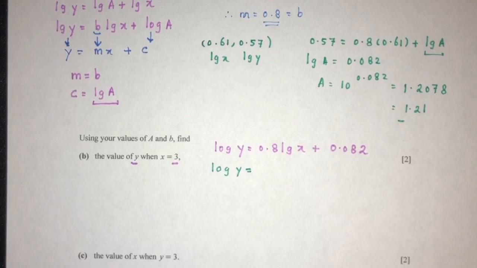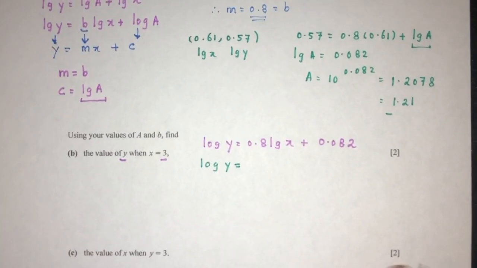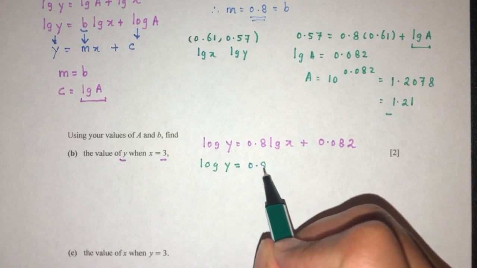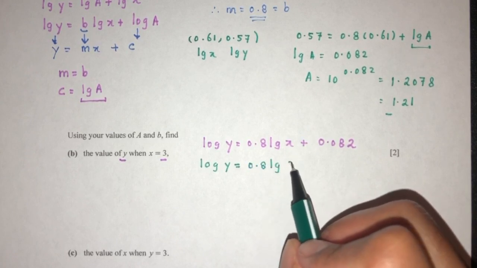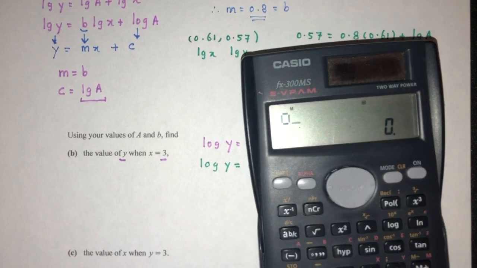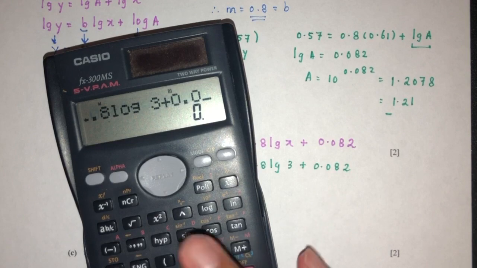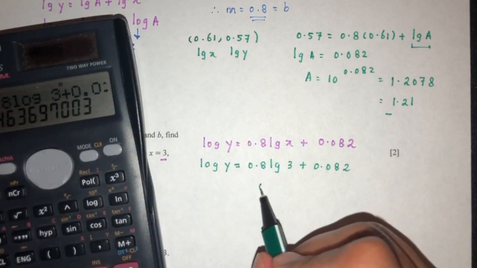Well, I think we could do better. We could actually simplify. Oh, it's okay, same thing. We can put in here. We can also put here as well. No big deal. That will be 0.8, and that will be log of x will be 3 plus 0.082. So 0.8 log of 3 plus 0.082, that will be